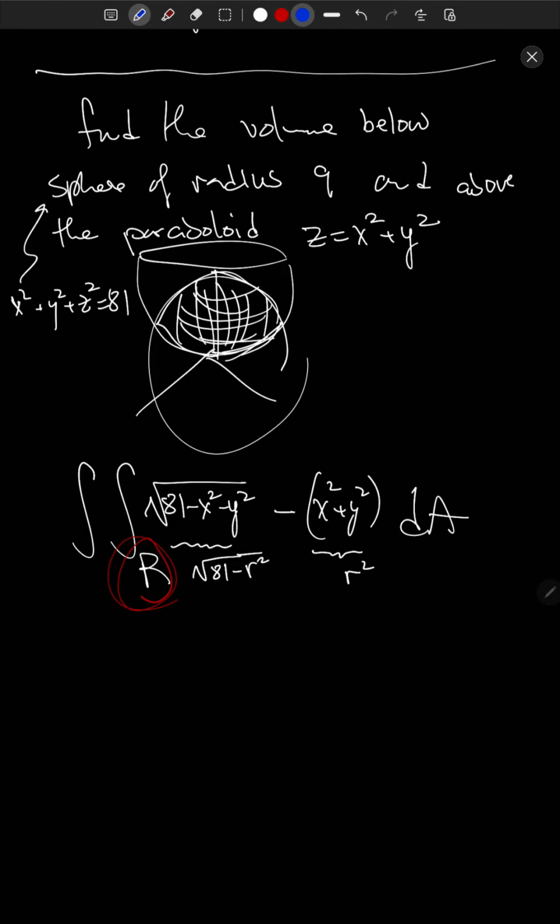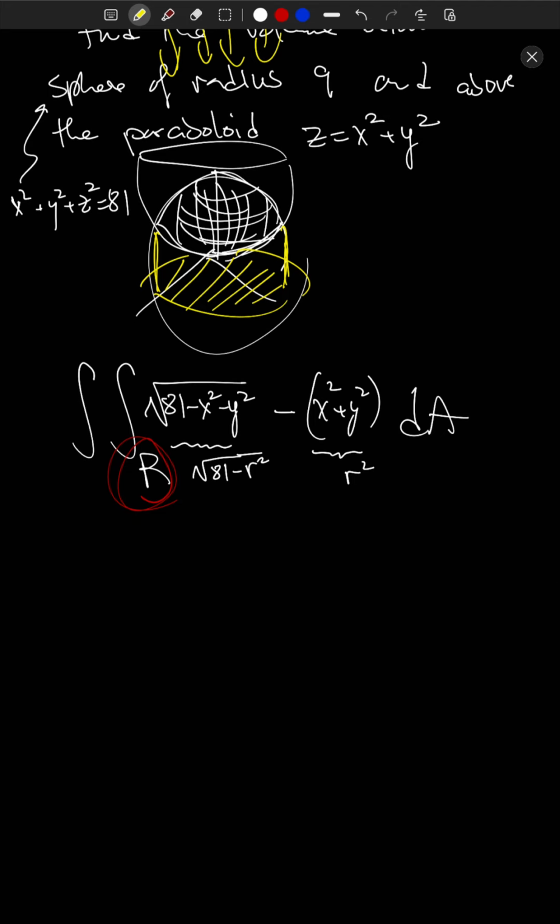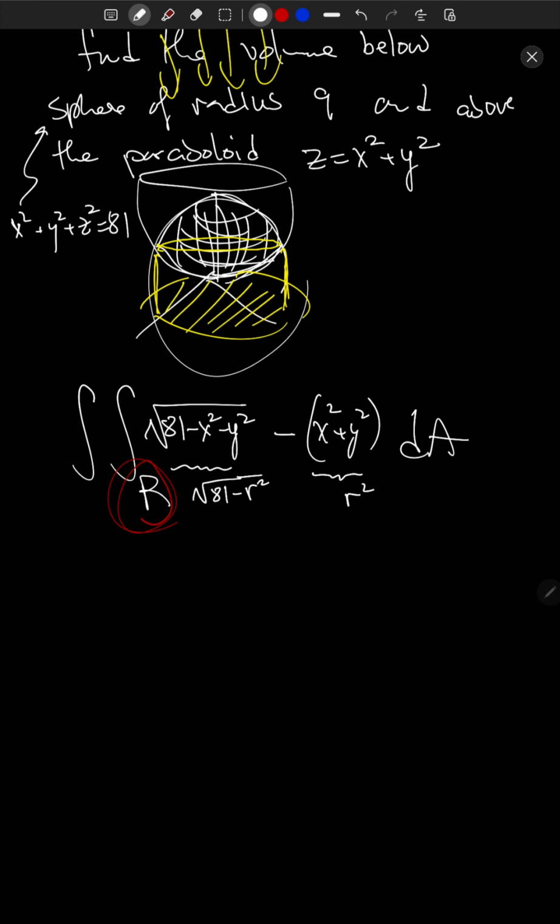Well, again, a good way to think of it is we have the sun shining from above, right? It's going to make a shadow. Our region is going to make a shadow onto the xy plane. That shadow is the region that we want to integrate over. Okay. This shadow in this particular case is going to depend on the intersection of these two objects, right? So if we find the intersection of these two objects, we find the boundary of the shadow. And we've done something very much like this, right? So the intersection